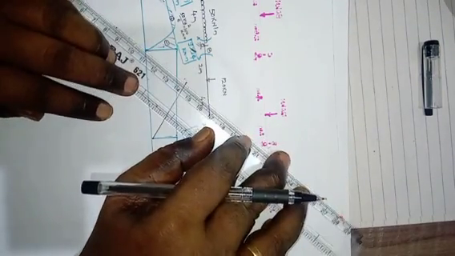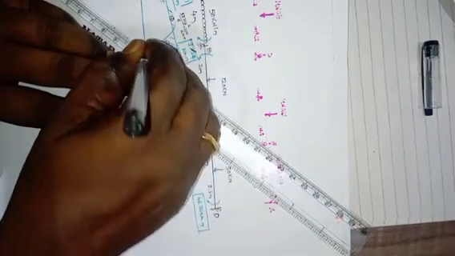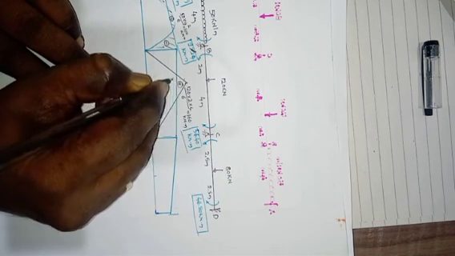For the point load, the moment is W a b by L. Below this point load, the moment is 120 into 2 into 4 divided by 6. At the support the bending moment is 0, and below the point load the bending moment is maximum. That is 20 into 2 is 40, 40 into 4 is 160 kilonewton meter. This is a positive bending moment.